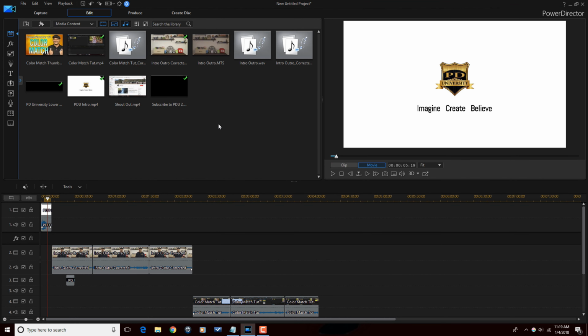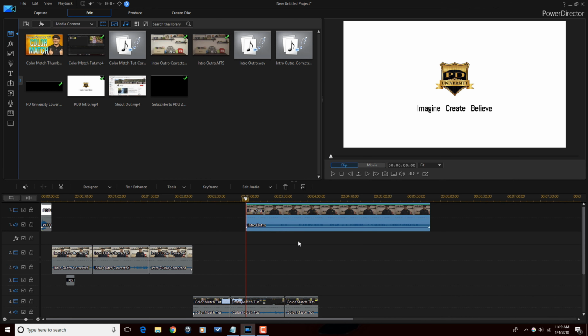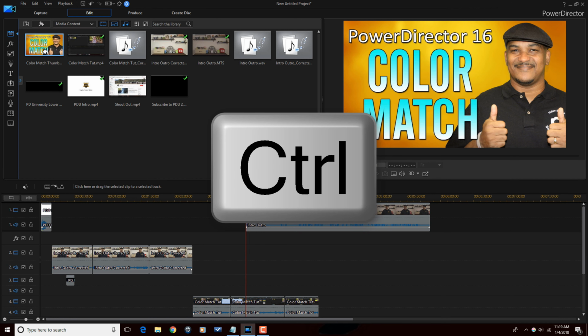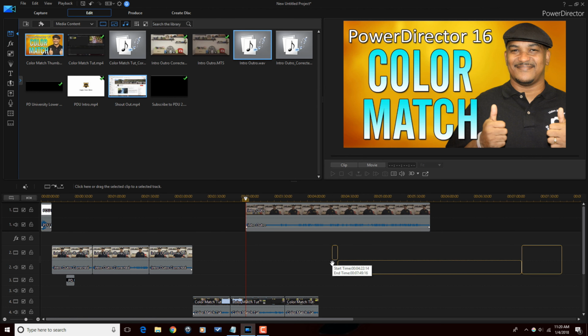Now that I've showed you that, what we do next is we drag clips to the timeline. Dragging a clip to the timeline allows us to edit it. So I can drag one clip at a time by just left clicking on a clip, dragging it down into the timeline where I want it to be. Or I could drag in multiple clips by doing a left click on my mouse, holding down my control key, and then selecting additional clips. So now if I drag this down, it'll drag all 3 of those clips down into the timeline.